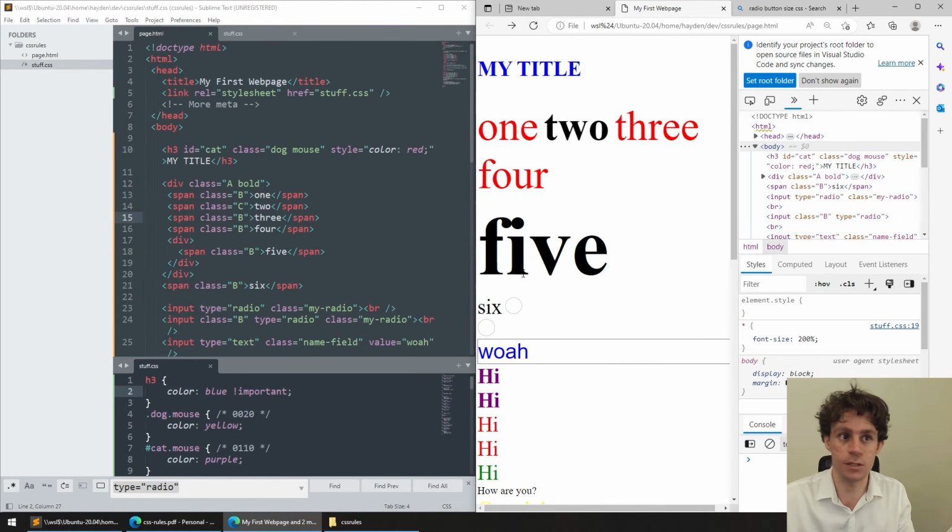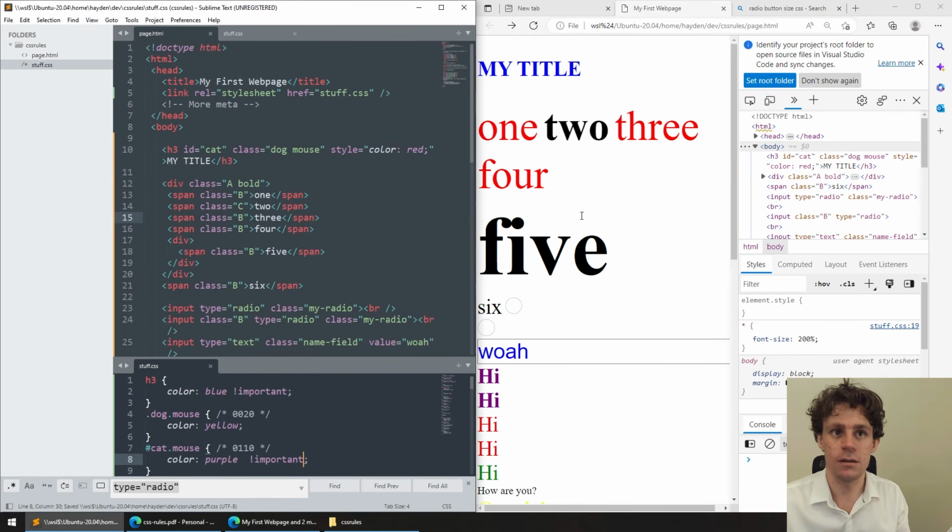So you see that now this is blue. It overrides the IDs, the classes, the inline. It's like a whole extra level. So you imagine you got all these rules here that dictate where things go. And once you put something in with exclamation mark important, it's suddenly more important than all of them. And then you might ask, well, what happens if I put important in multiple places? Well, then you fall kind of back into the old specificity rules here, where it's like, if I go and put important on here, then